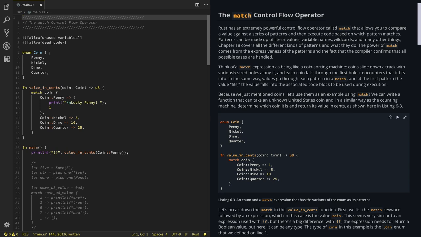So we have here an enum that creates the type Coin with 4 variants: Penny, Nickel, Dime, Quarter. And we have a function value_in_cents with 1 parameter, which is an instance of the enum Coin, and it returns a u8 value. And then this function has a match expression. So we match coin,